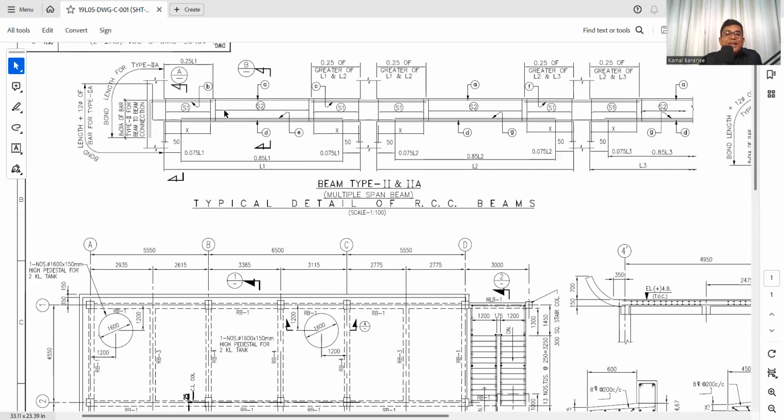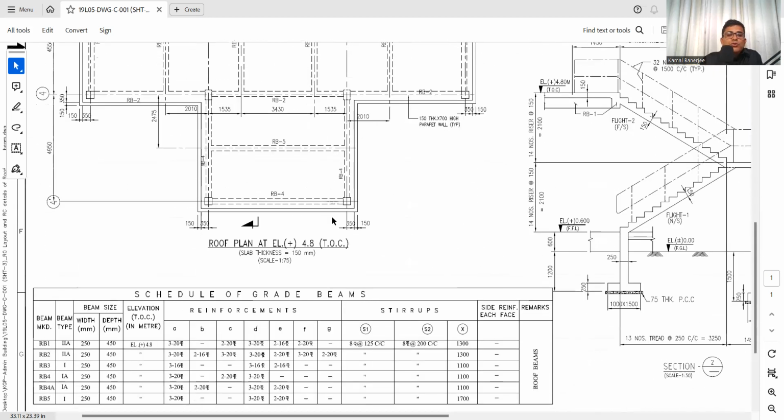Now we need to place the stirrups. Here is S1, S2, and then S1 again. So there are two types of stirrups. Now what are S1 and S2? Again, we need to check in the